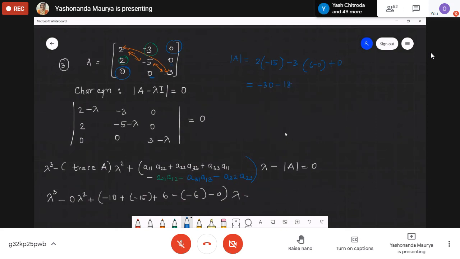So this turns out to be, minus 3 of minus, so that will become plus here. This will be plus. So what we get here is minus 12. Okay. So now we substitute the values here. This is minus of plus minus plus minus 10 minus 12 is equal to 0.